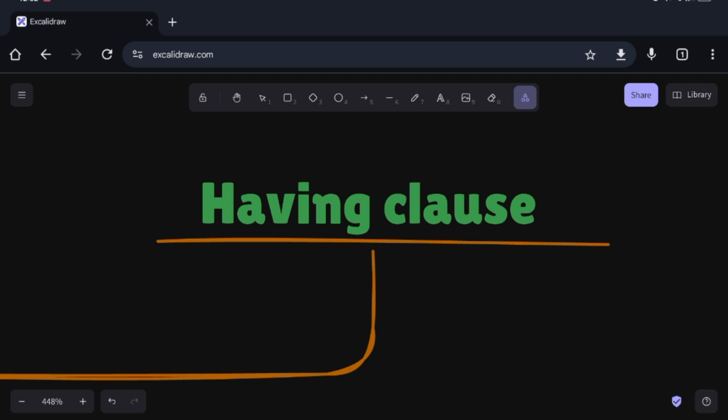So today in this video we are going to see all about the having clause, what is meant by the having clause, is it important and where it is used, and everything we are going to cover about the having